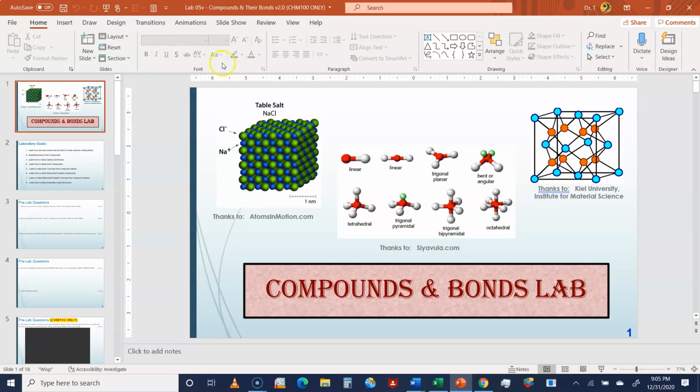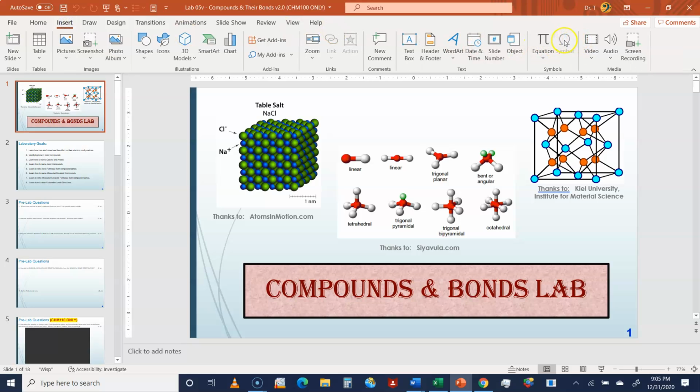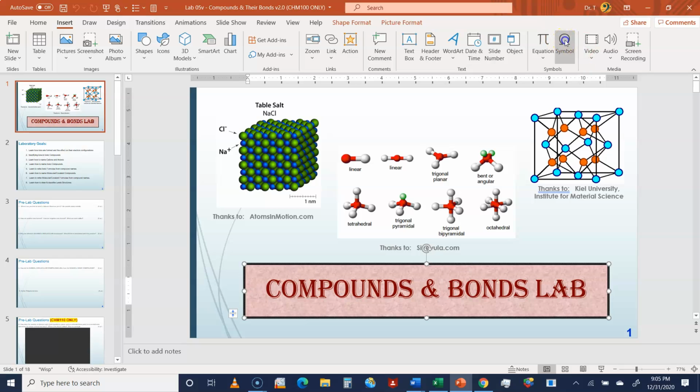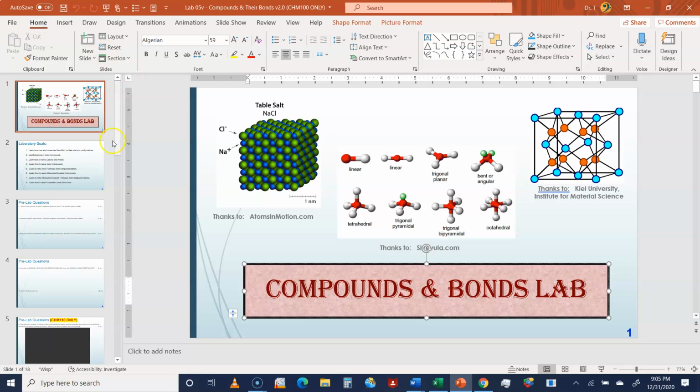And you'll notice that under font, there's nothing that represents superscripts or subscripts, and you don't see anything for symbols. You could find symbols if you went to the Insert menu, and you'll see this button for symbols. It's inactive until I put a cursor down, and then you can get these symbols come up. But let's make it a little easier. Let's go back to the home